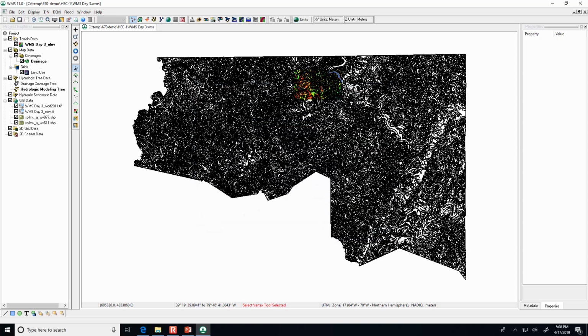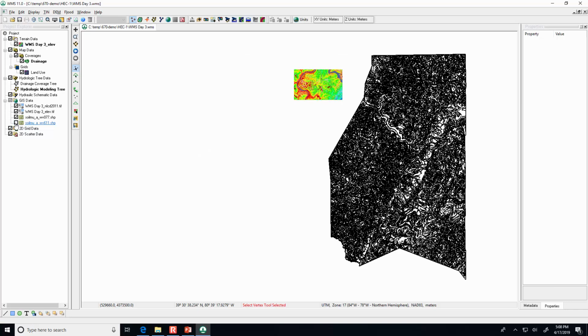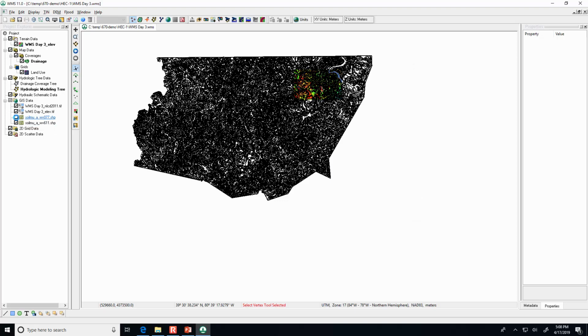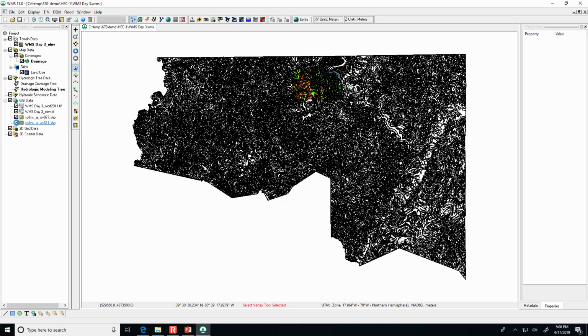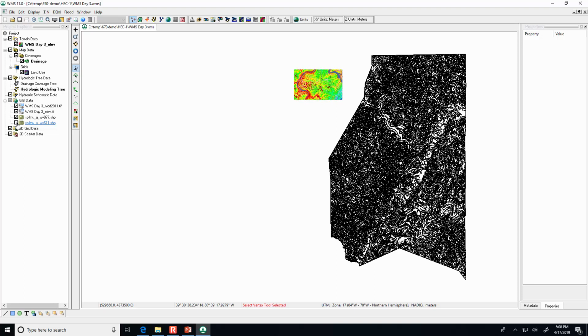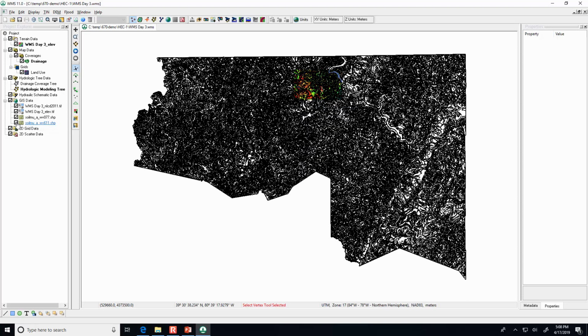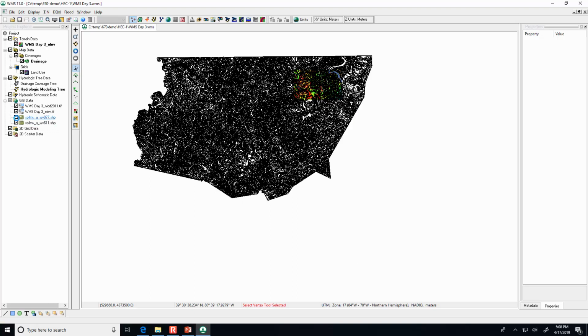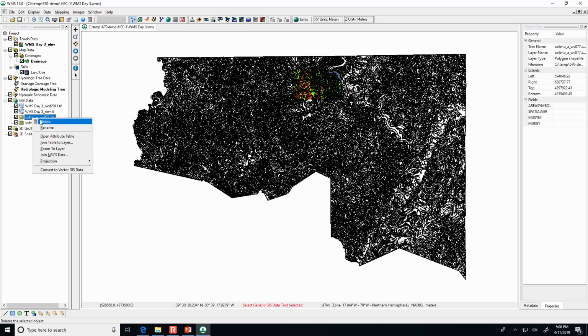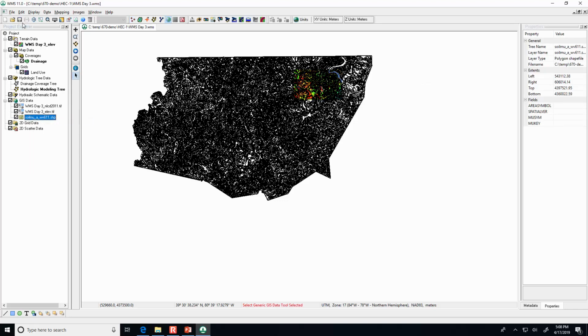All right, so once it all comes in, we're going to have a lot more soil data than we actually want. It's kind of sloppy in obtaining the data, and so I want to toggle the two data cells that it did download on and off, because see, this one it got just because it was close, but I can tell that that's not in the area that I'm interested in because it only got the elevation data for the area that I'm interested in. And so this soil data right here, the one that's flashing, I'm going to delete that completely. So if you just right click and let's get rid of it and then save the work.